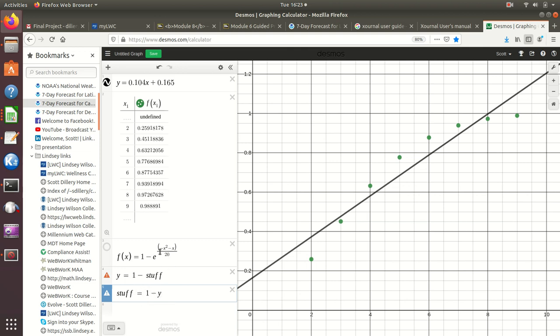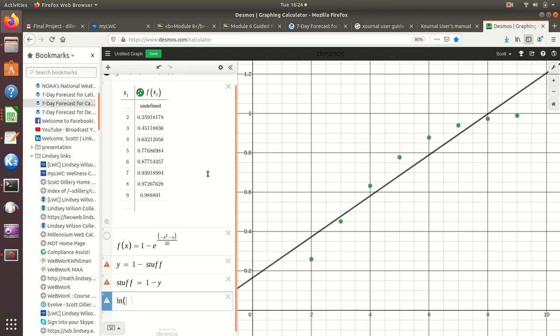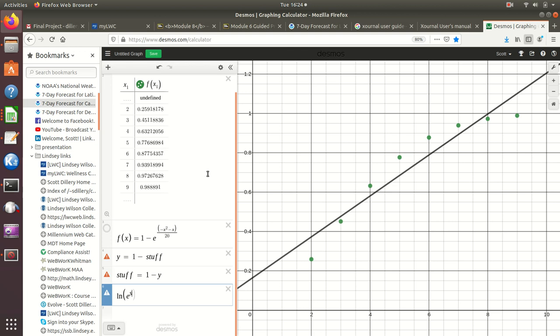And that's the beginning of your transformation. And so all we did was really sort of switch sides with this f of x, which is our y, and this funky looking exponential expression. And then we take the log of both sides, and the thing is when you take the natural log of e to something,